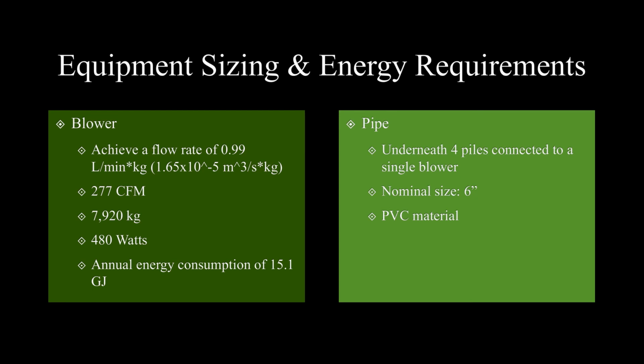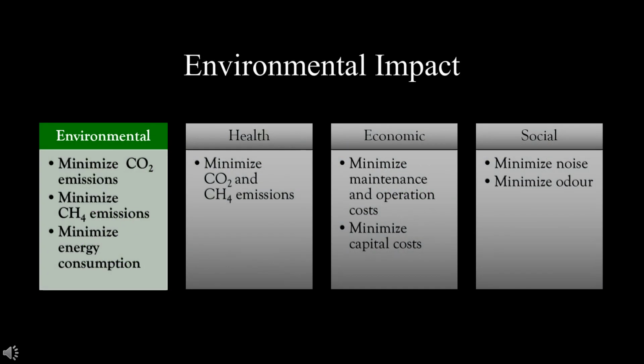On the other hand, the perforated pipe that is connected to the blower will have a nominal size of 6 inches, and just enough length to be inserted over the entire length of each pile. Furthermore, the piping material was decided to be PVC due to the low cost and resistance to chemical rotting, corrosion, and abrasion. Finally, using the criteria first described in this presentation, we will go through each one, starting with the